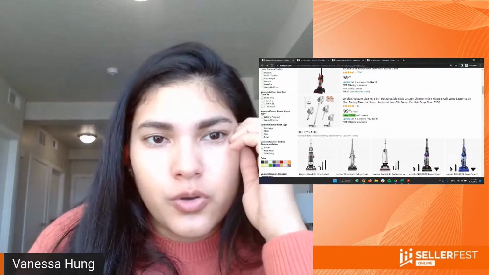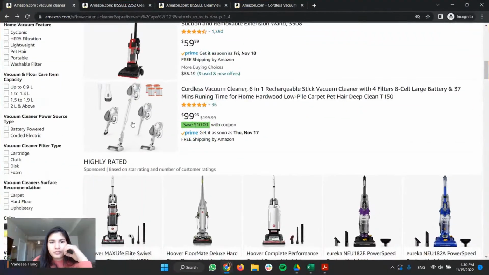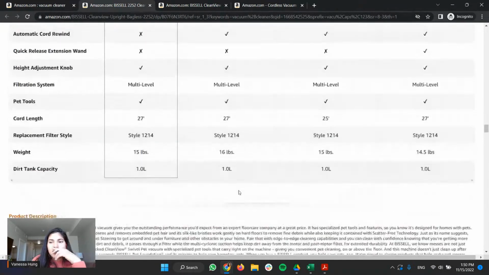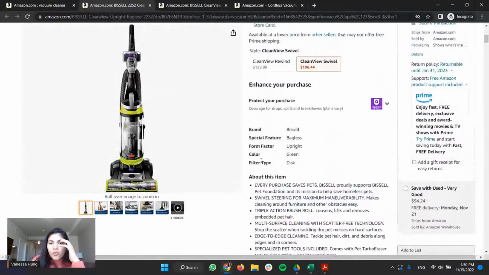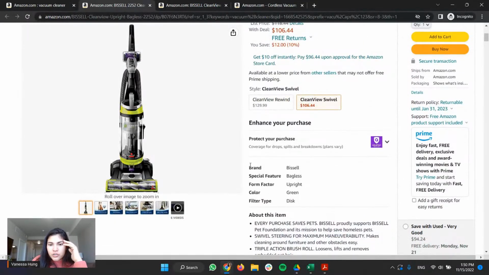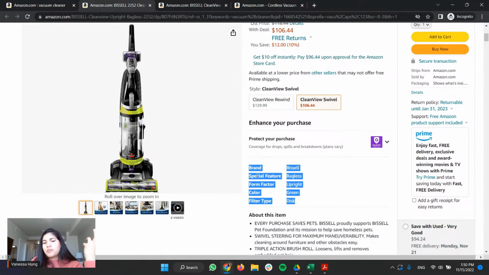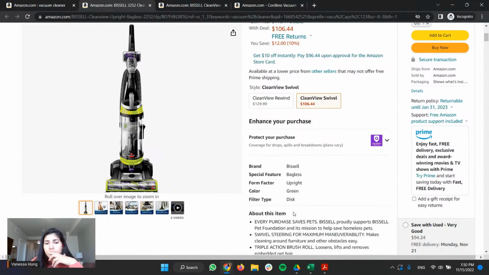So I want to show you the example of the vacuum, one of the ones that I found. When we talk about optimizing with attributes, we're talking about inputting information in this technical details section. It will tell me the brand, the special feature, form factor, stuff like that.